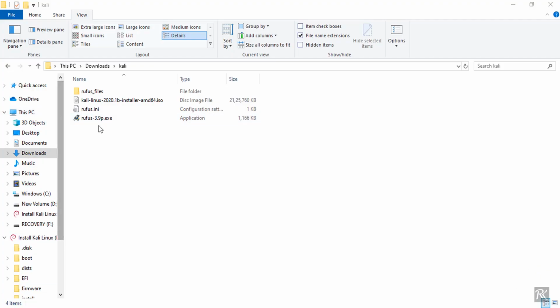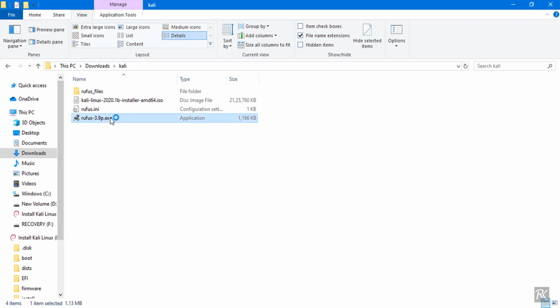Now we have to use this software named Rufus to burn our ISO image on our USB drive. So I am using a pen drive to boot my Kali Linux. You just have to open this Rufus.